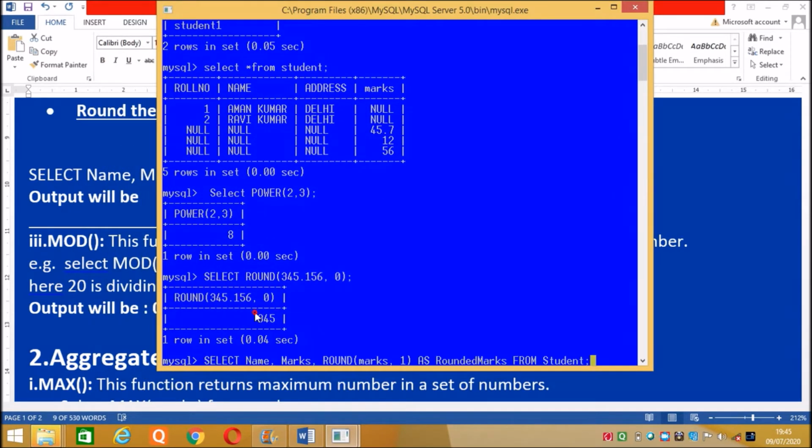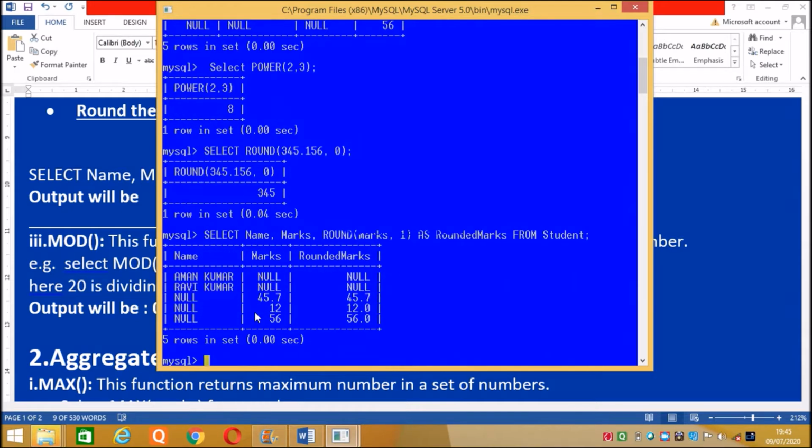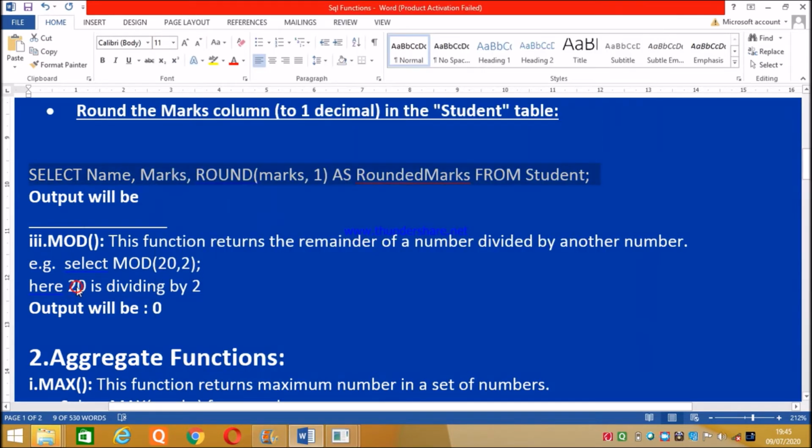We can paste it. Now you will see the marks here is 45.7, which already has 1 digit, but these are 12 and 56, so it's going to be 12.0 and 56.0 because it will show up to 1 digit rounded off. If it is not given there, it will mention 0.